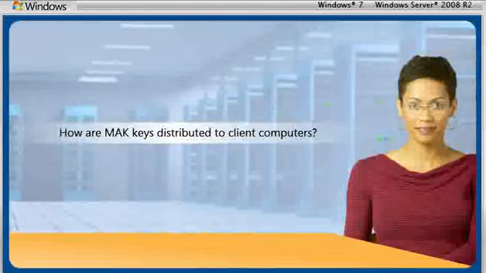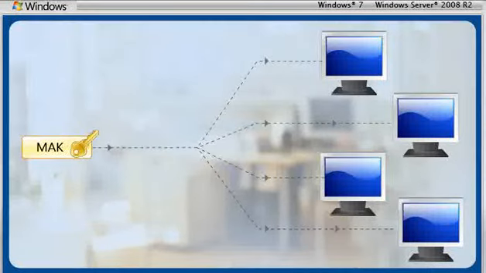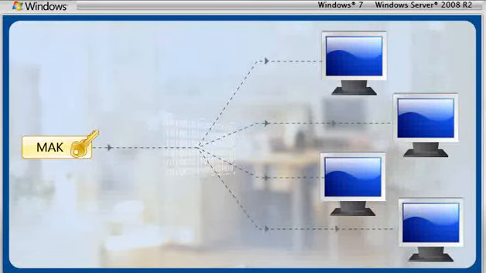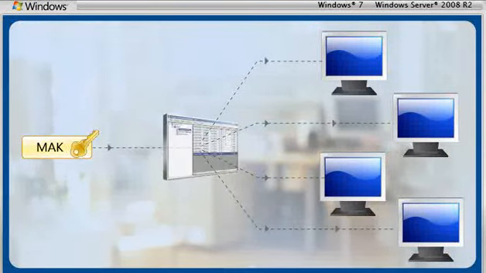And how are these keys distributed to the client computers? MAK keys are distributed to clients using a Windows Management Instrumentation script when the OS is being installed, or through the Volume